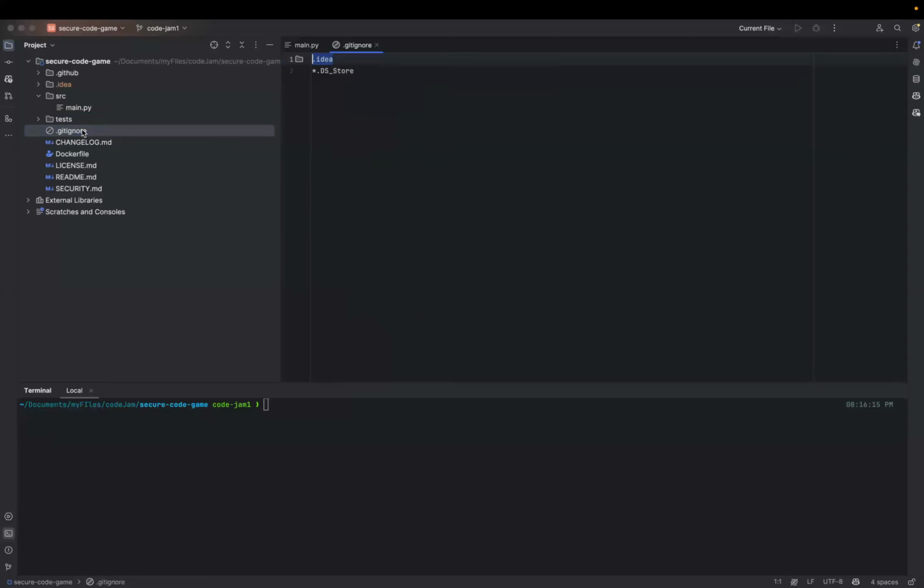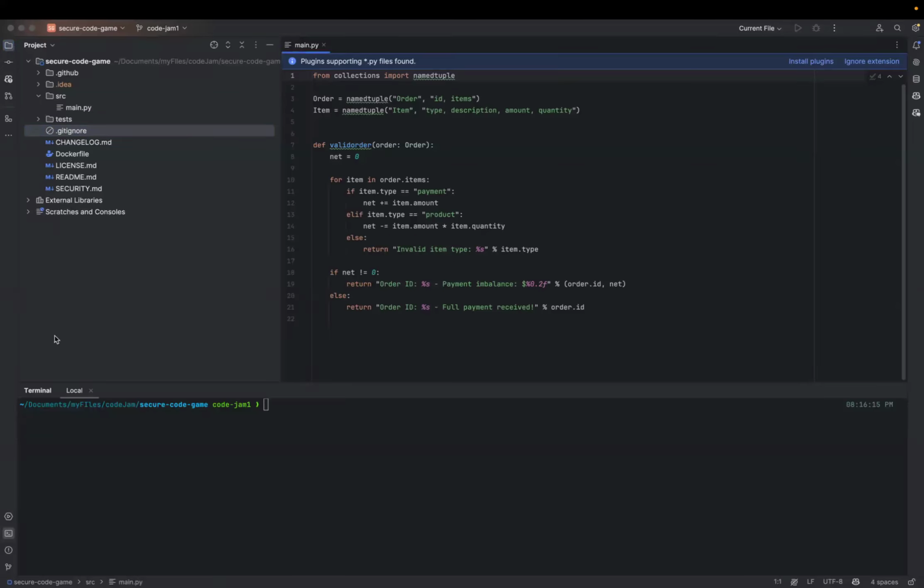Since I have added this to .gitignore, it will not be indexed as git related files. So it will ignore that. When we make changes to files inside this, it will not consider them. Okay, so .gitignore is another essential thing. That's why I wanted to tell.